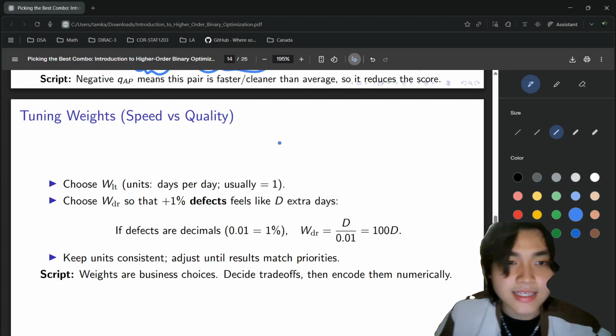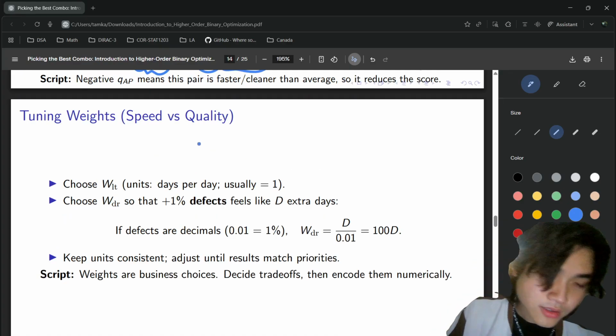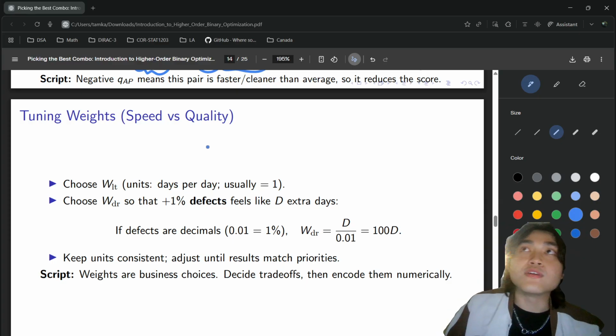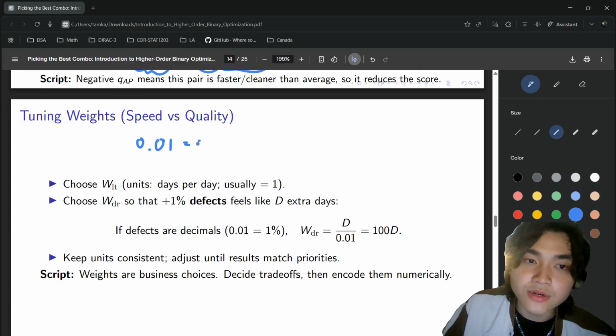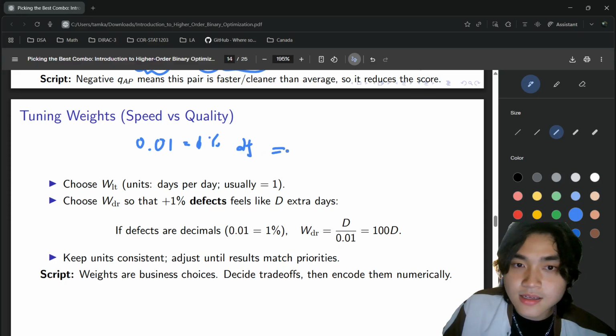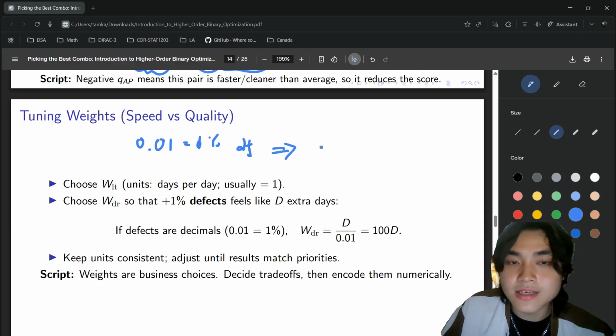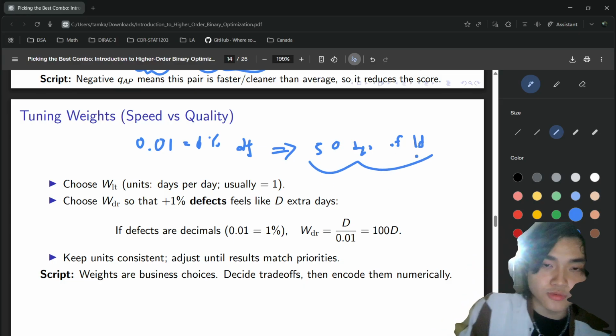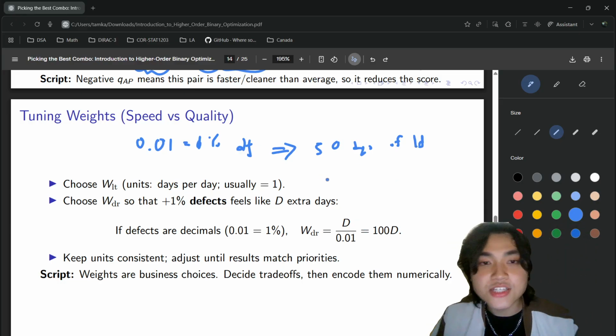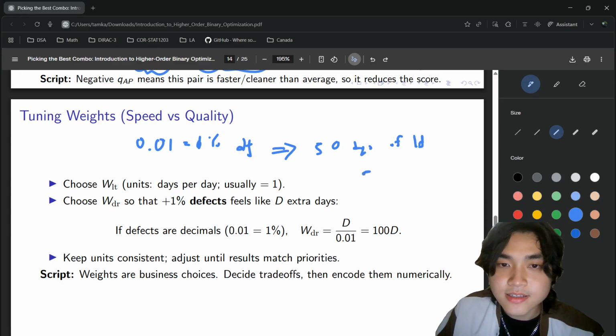So in this case, say, for example, you want to model and say, hey, every time there's a 0.01 increase, which is around a 1% increase in defect rates, then this will translate to maybe 50 days of lead time, which is quite bad actually. But this is common in automotive. But essentially, the math behind it is just 50